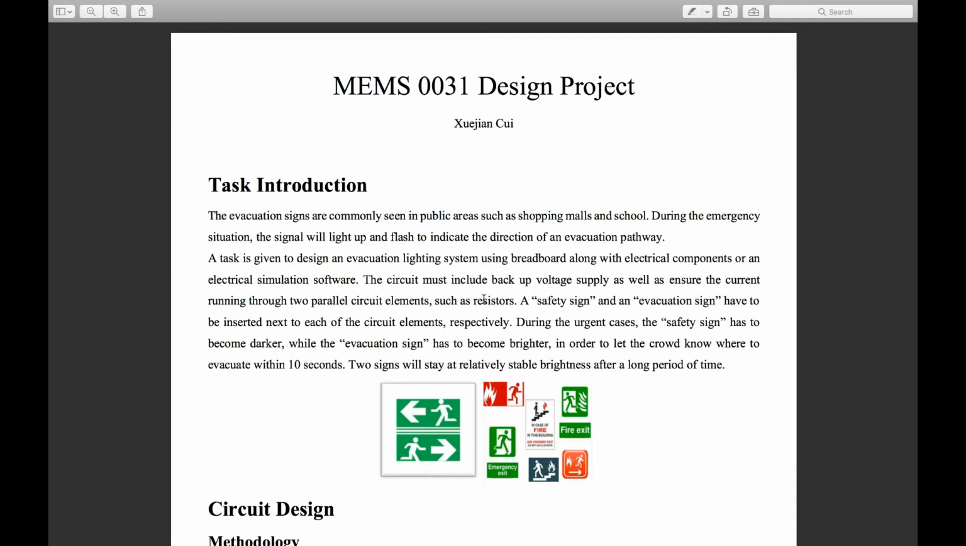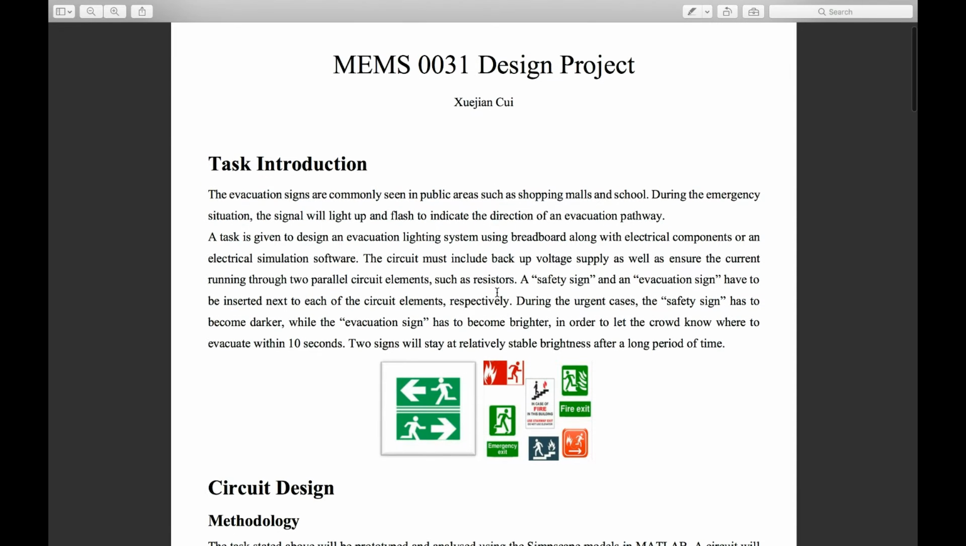Through this short video, I will present my design project for electrical circuit. My task is to design an evacuation lightning system using breadboard along with electrical components or an electrical simulation software. To specify, the circuit has to include a backup voltage supply and to ensure the current running through two parallel circuit